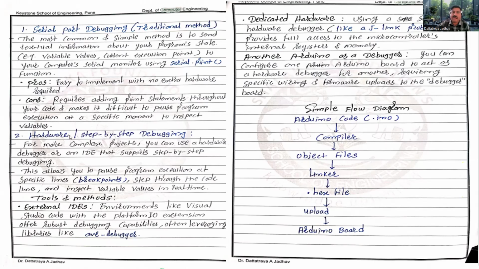And second, hardware step by step debugging. For a more complex project or more complex program, you can use a hardware debugger or an IDE that supports step by step execution. We can execute it step by step. This allows you to pause the program execution at specific lines. That is a breakpoint. We set it up on the code line and inspect variable values in real